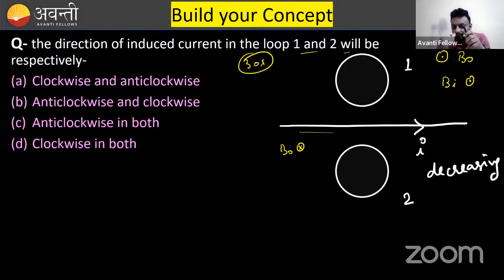Take your right hand thumb. If anybody is feeling discomfort, then I am saying what you should do. First, find the original field. Then try to oppose the change that is being created in the flux. So now if I oppose the change in the flux, that means flux is decreasing. So I need to support it. For the support, I have induced another field which is outward. Now put your thumb in the outward direction, curl the fingers to close your fist, and the direction is,